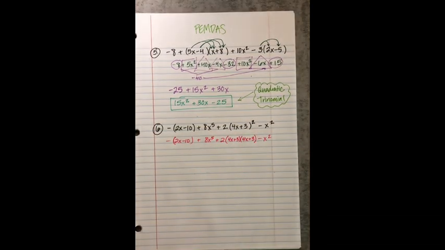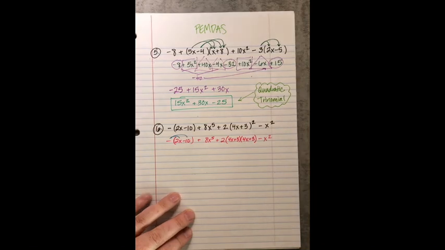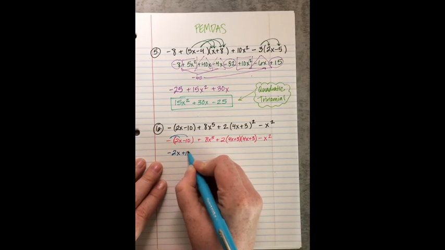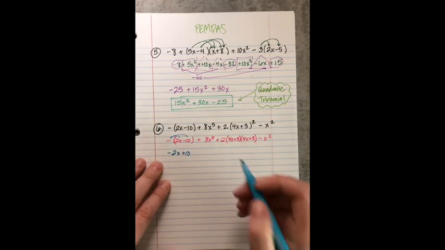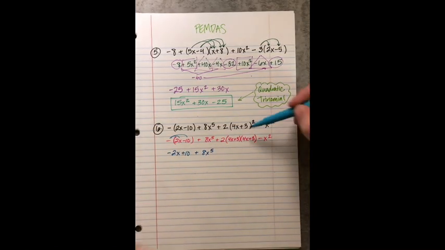Okay, now you kind of have some choices here. We're on multiplication, so I'm definitely going to distribute that negative through. I'll do that real quick. Negative 2x plus 10, because negative times negative is positive. I'm going to drop that down. And then here,